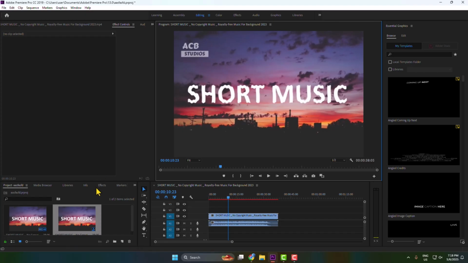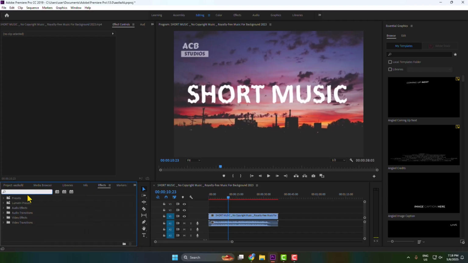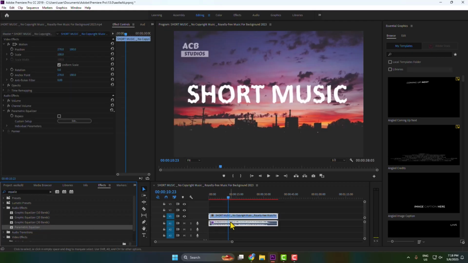Now let's go to effects, and in the search effect box type equalizer and add this parametric equalizer effect to your music. Then select your music clip and go to effect controls, and under parametric equalizer just click on edit next to